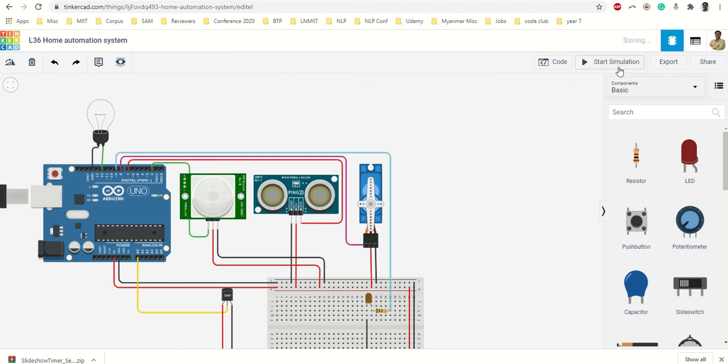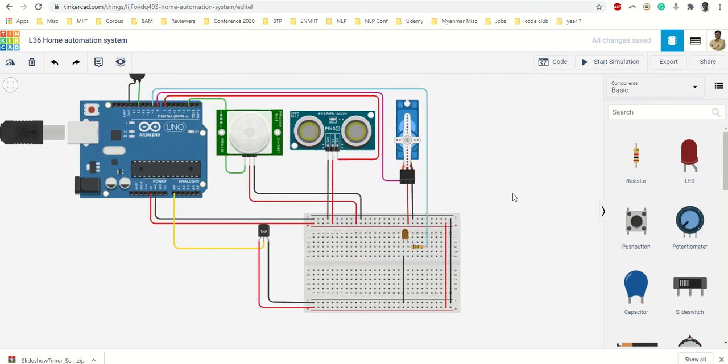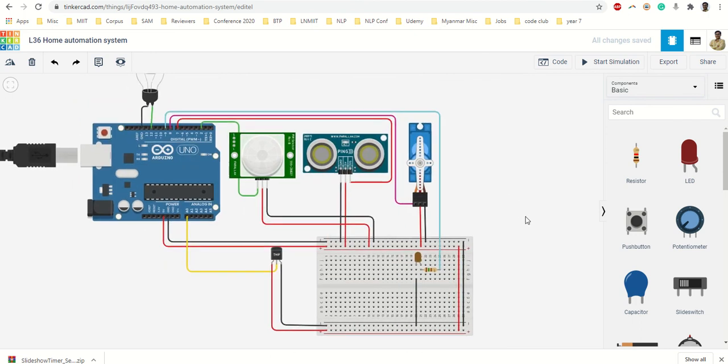This is a simulation environment. Things may not be very properly synchronized, but in real time all of them will work fine, because when you have a lot of sensor data coming in and being processed, the simulation environment can give you some delay, but in real life Arduino is capable of handling these many inputs and outputs, and you can attach more also.